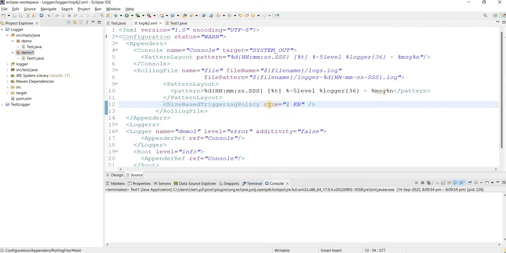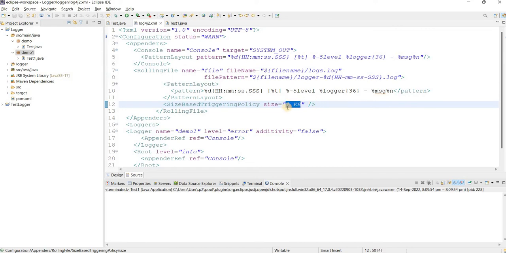This tag will configure your files in such a way that the first file will get created with this name, logs.log, and once that file reaches 1 KB of size, having stored all the logs during execution, and its size gets exceeded